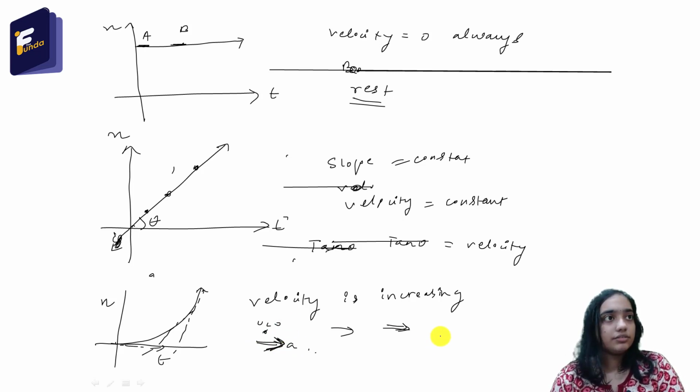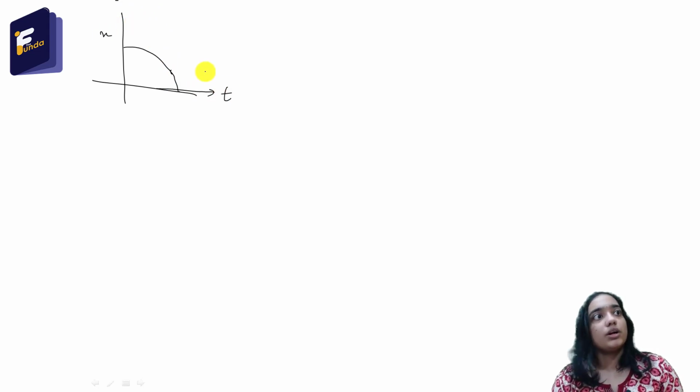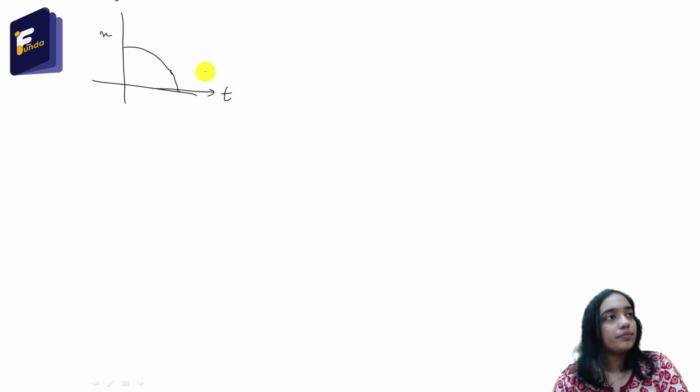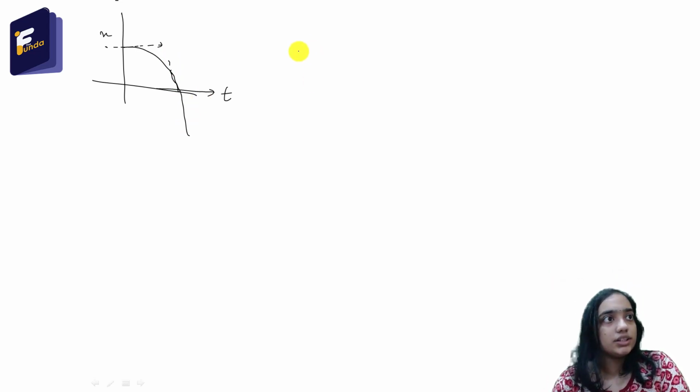So we will draw another graph for position-time. Let us say this is the graph. You may pause the video and think about what is happening to the velocity. You can see that initially the slope is here and the final slope is this one. The pen is becoming vertical, that means the slope is increasing, that means velocity is increasing.